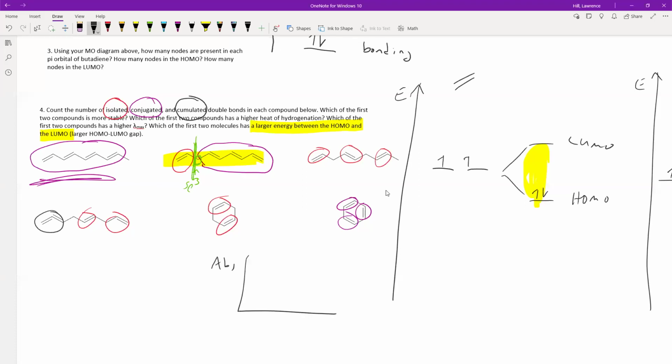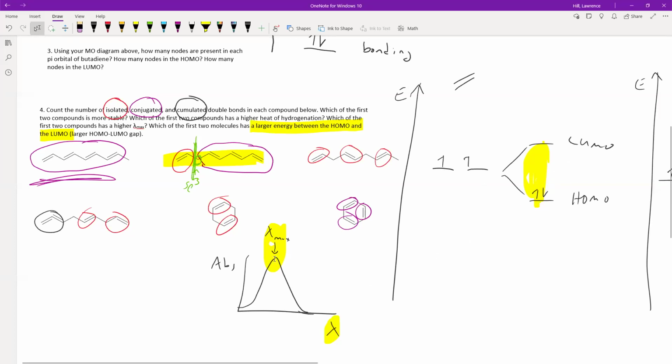You have your absorbance, you have your wavelength, and then we're looking for some big peak in the absorbance. And we look at this wavelength, that's your lambda max. And lambda max is closely related to this HOMO-LUMO gap because wavelength is proportional to energy. Well, it's inversely proportional to energy. And so as the energy difference between the HOMO and the LUMO changes, the energy required to excite an electron